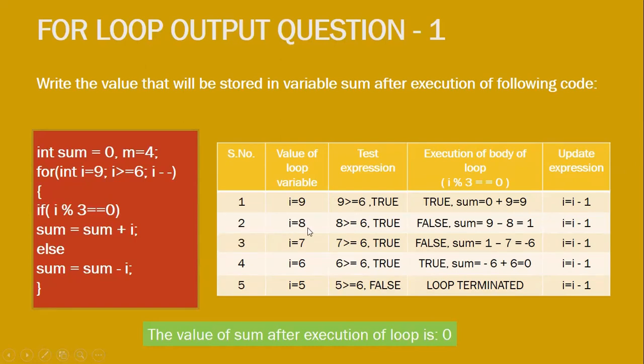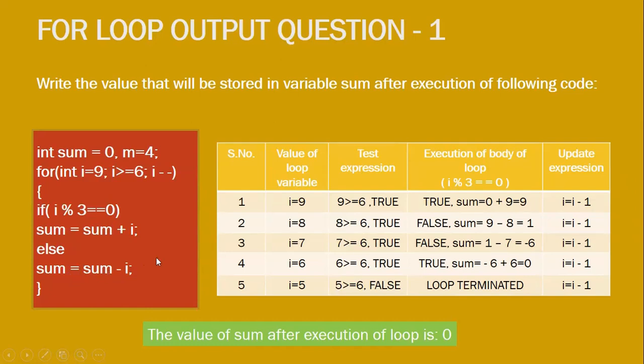So in the second iteration, the value of I is 8. After this, the program control will go to the test expression. Now 8 greater than or equal to 6, yes, it is true. As it is true, the body of the loop will be executed. Now it will check whether 8 modulus 3 is 0 or not. No, 8 modulus 3 is not 0. It is false. So it will go to the else part, and sum is equal to sum minus I will